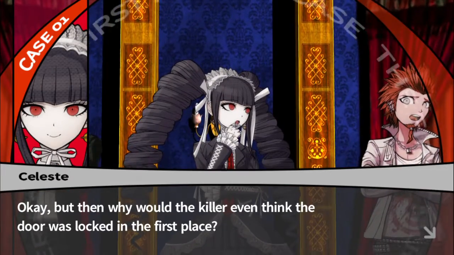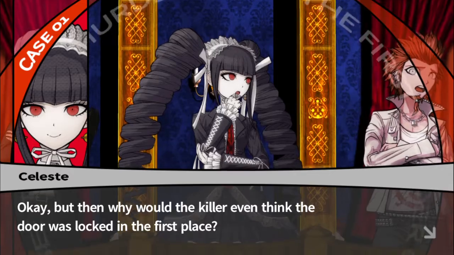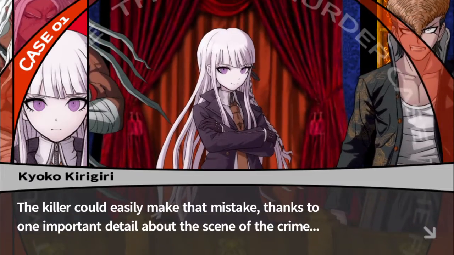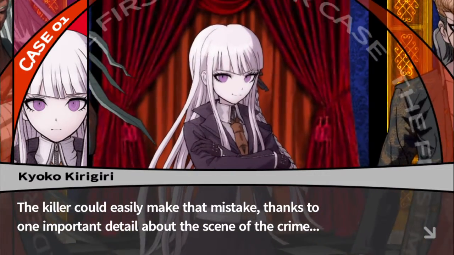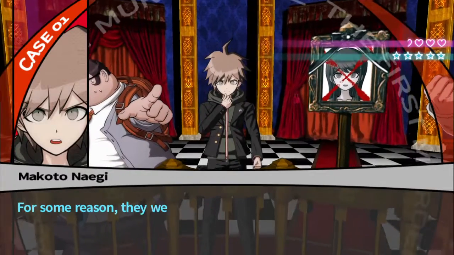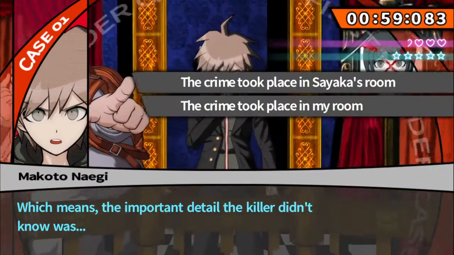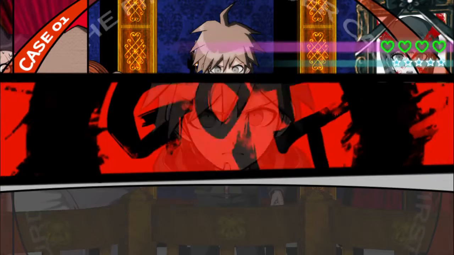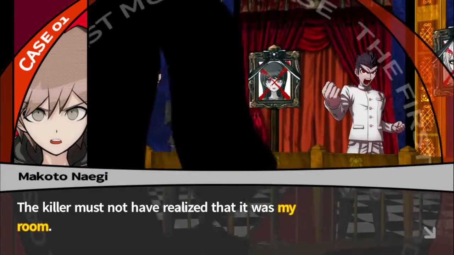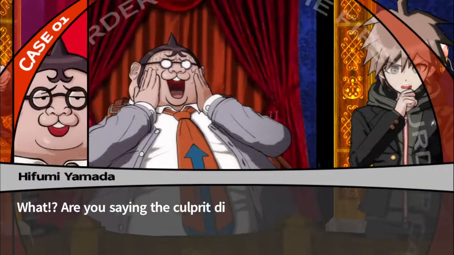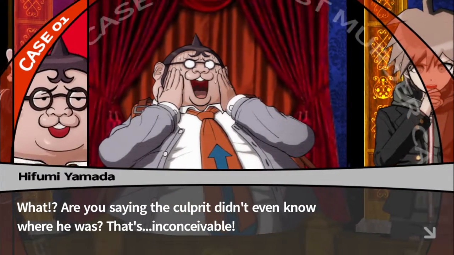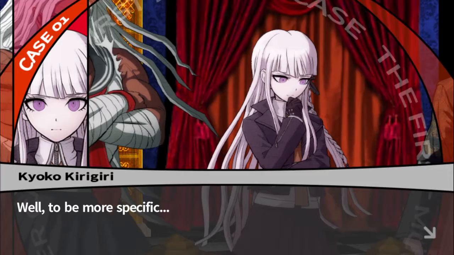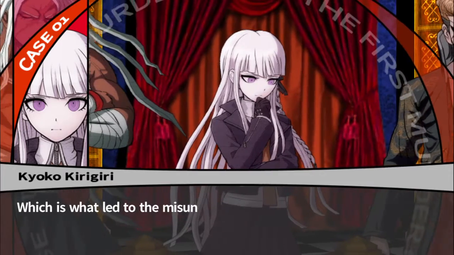Okay, but then why would the killer even think the door was locked in the first place? Everyone should have known you can't lock any of the boys' bathrooms. The killer could easily make that mistake, thanks to one important detail about the scene of the crime. I got it! The killer must not have realized that it was my room. What? Are you saying the culprit didn't even know where he was? And yet, he's absolutely right. Say what? Well, to be more precise, what the killer didn't know was..., which is what led to the misunderstanding